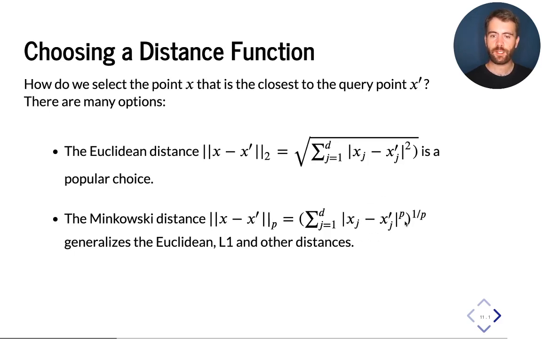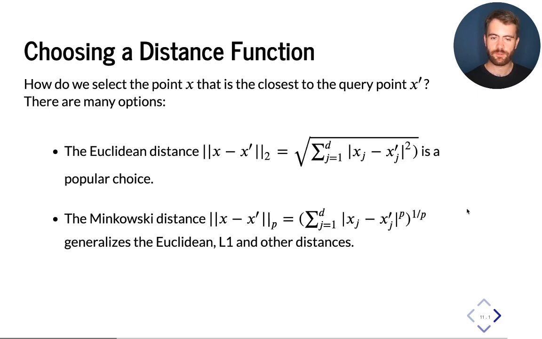Here p is usually taken between 1 and infinity, and for each value of p we have a valid norm and a valid notion of distance. You should also note that when p equals 2 we have our Euclidean distance. When p equals 1 this becomes the L1 norm of x minus x prime,